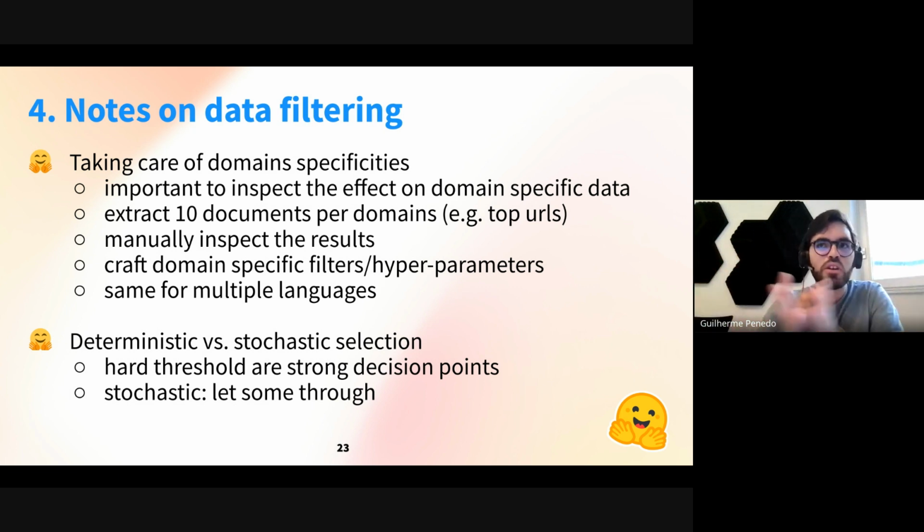For example, if you're running on German, the average word length will probably be bigger because you have a lot of composite words. So you always have to be mindful of the actual impact of what you're doing. Finally, there's another approach you can take, which is instead of being deterministic,